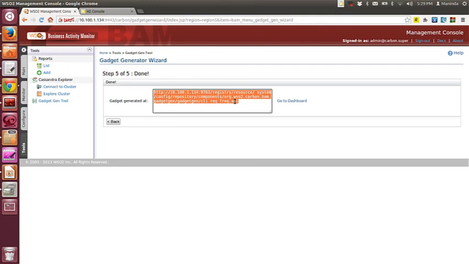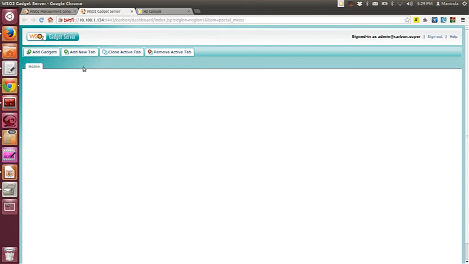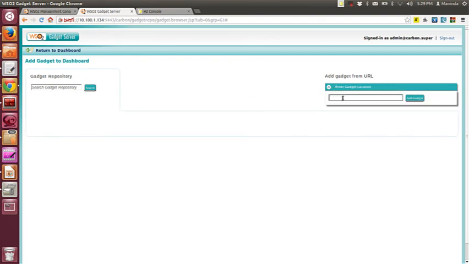Then I should copy it with Ctrl+C. Then I should go to the dashboard to deploy this artifact in the dashboard. Okay, now I am going to add gadgets. Then I am going to enter the gadget location, which is in the registry. Now I am going to paste the copied gadget XML location. Then I press the add gadget button,